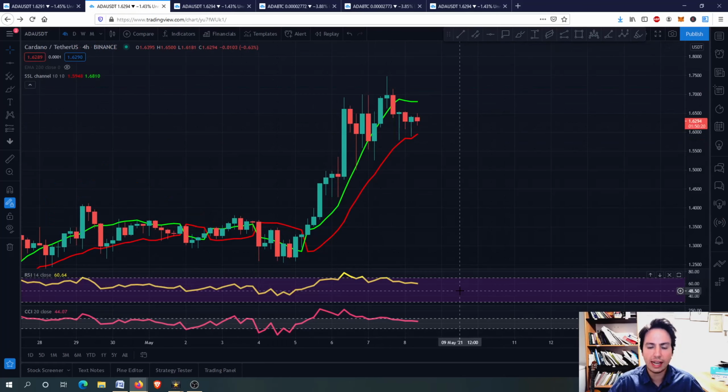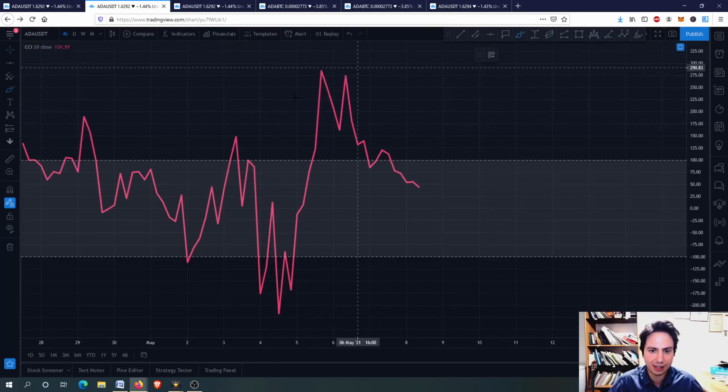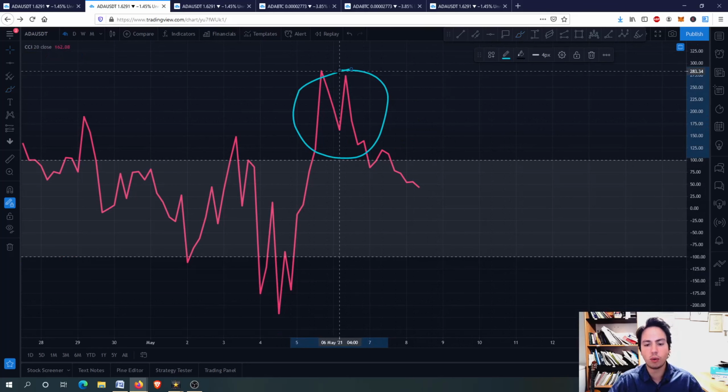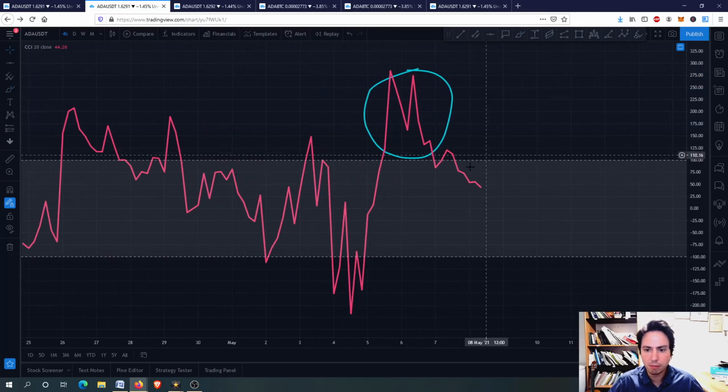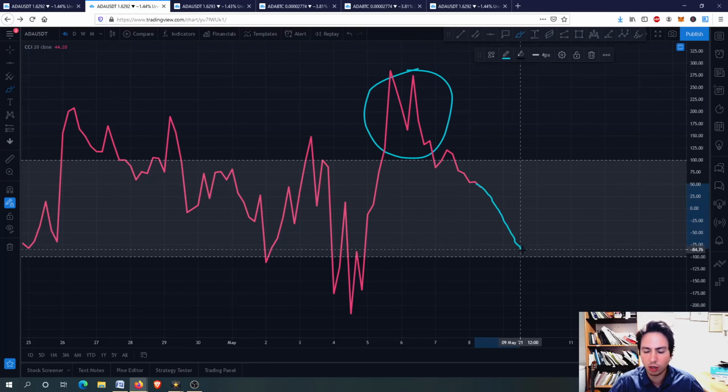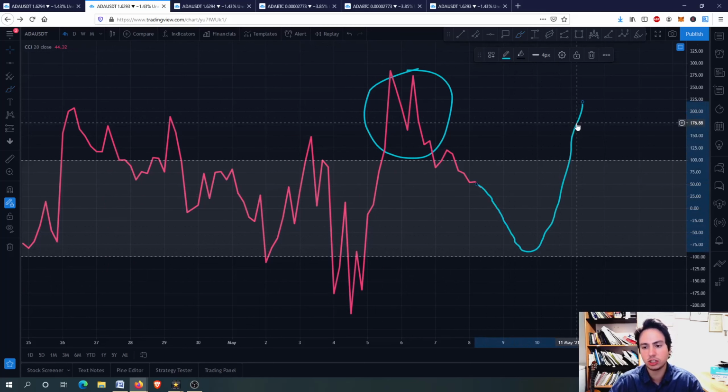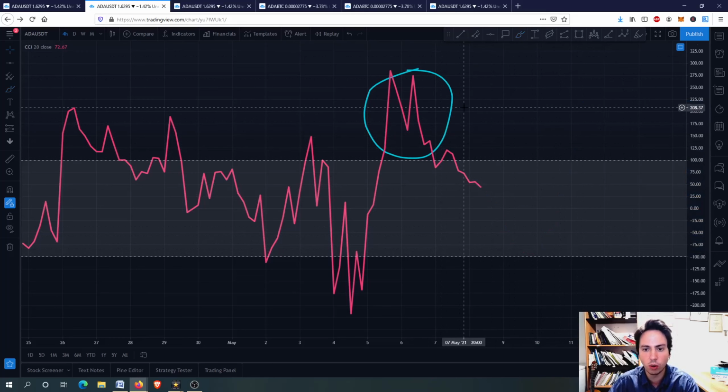So let's go to ADA against USDT in the 4-hour frame, the RSI and the commodity channel index. Right now you can see why we were consolidating back then. I told you guys even before we had the risk according to the 4-hour frame, and we might see it going eventually downwards, okay? But right now what we want to see for the commodity channel index is not going so much below. We want to see it going upwards and retesting the 100, maybe going above again.